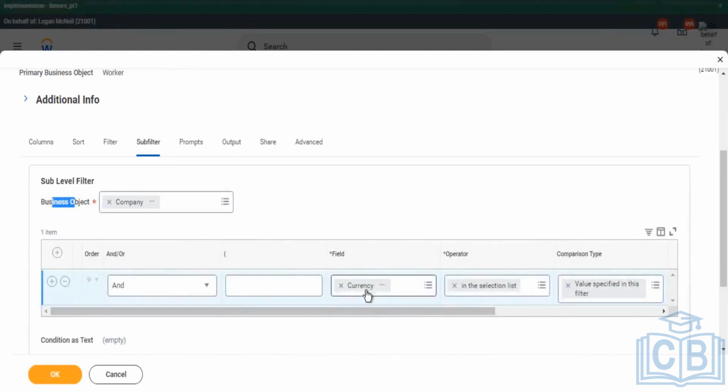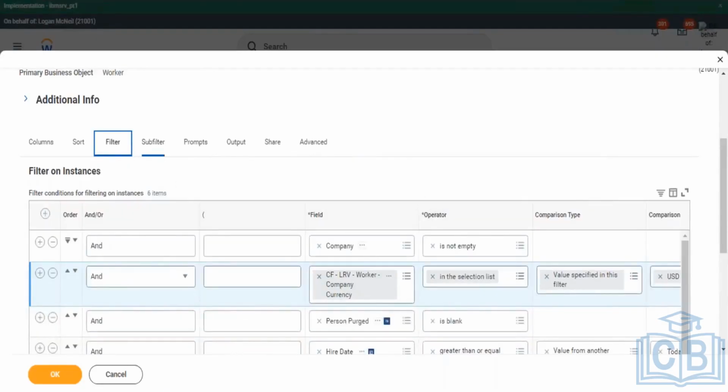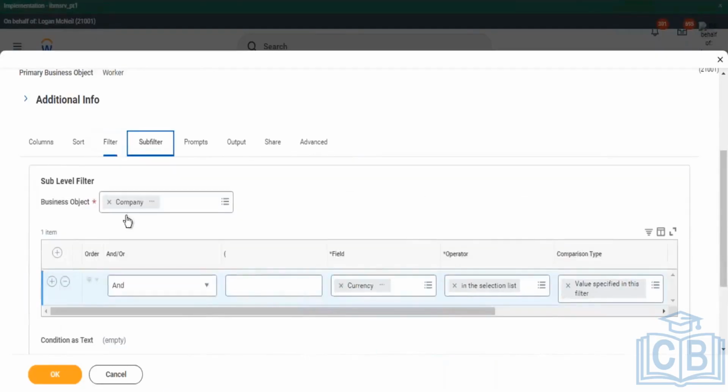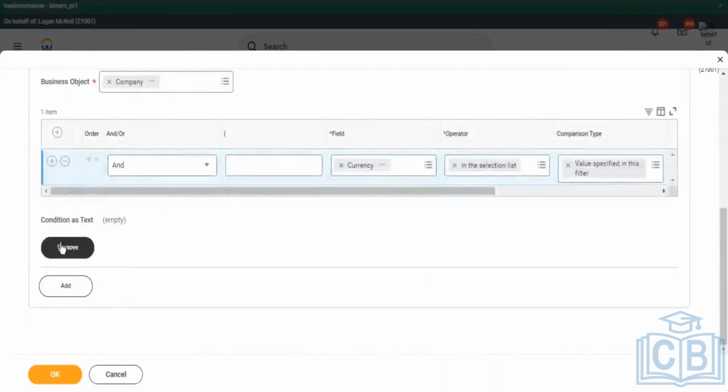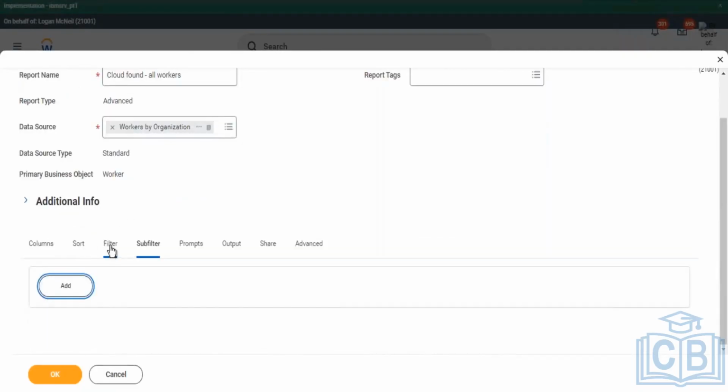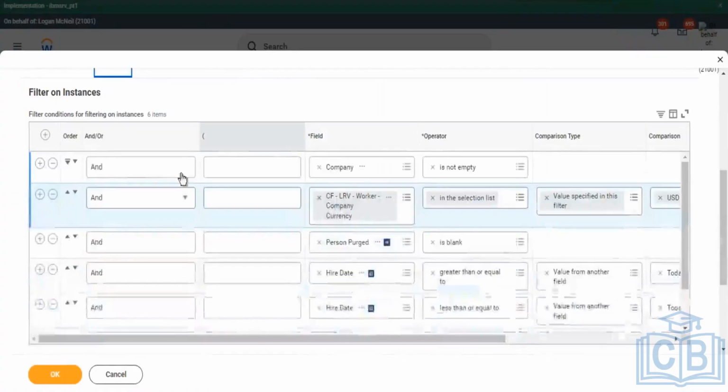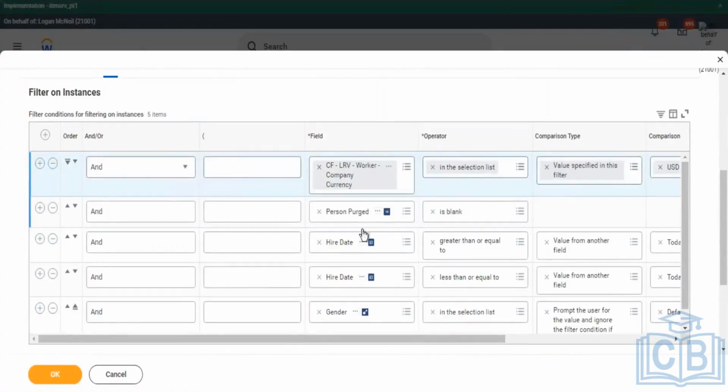Instead of that, the easy thing I did is I directly pulled that field onto my primary business object itself. Now, because I pulled that field, I can use it directly in my filter. Both of these are exactly the same. Now, I don't need this anymore. And when I run it, it will only give me those people with